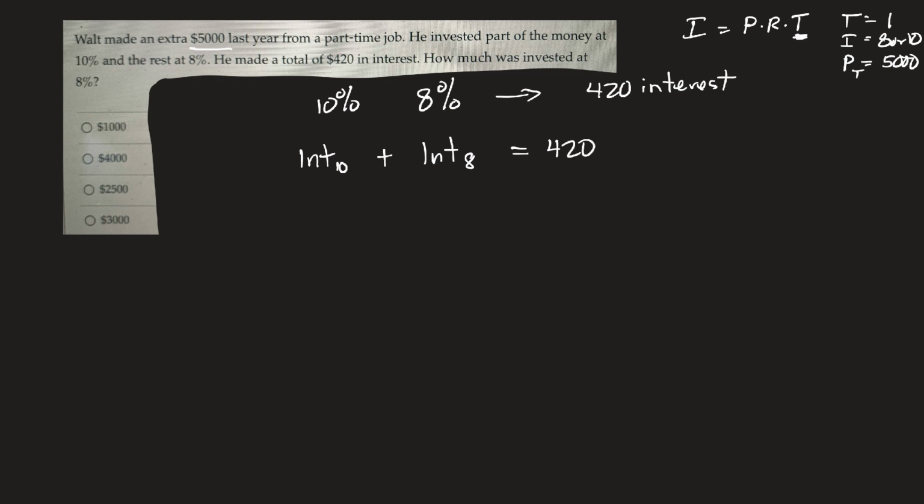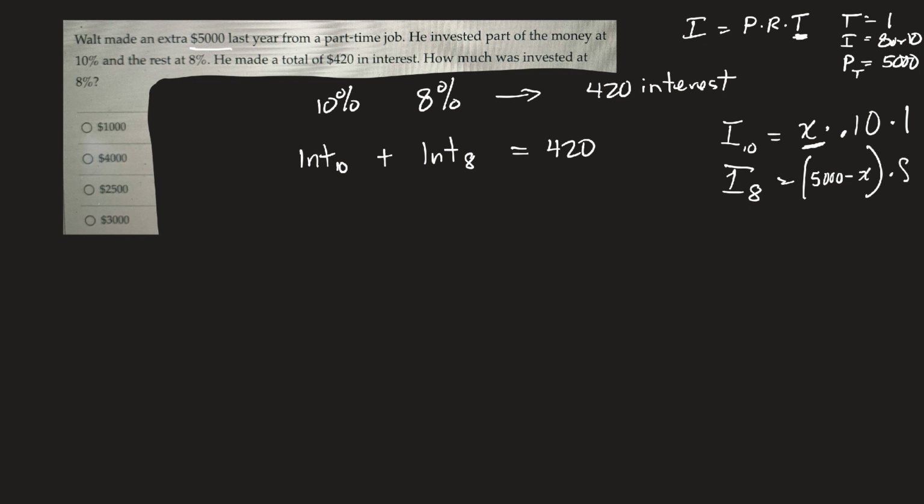Now, interest at 10%, it'll be the principal. Oh, I don't know that. Why don't we just call it X? Times the rate, oh, hold on, we're doing the 10%. So 10% times 1 year. Okay, the interest at 8% is going to be, well, I know it's 5,000 total. So what I could do for my total here is my principal will be $5,000 minus whatever I spent on the 10%